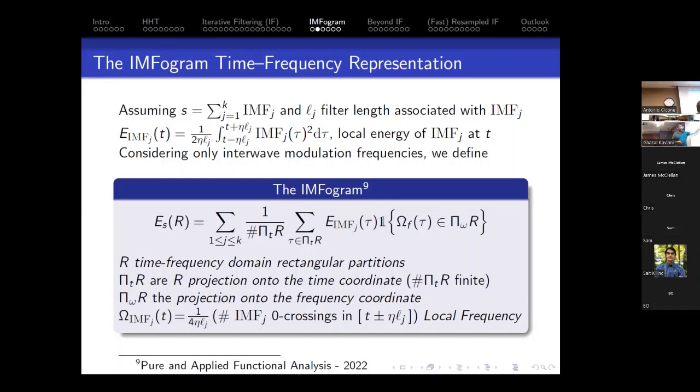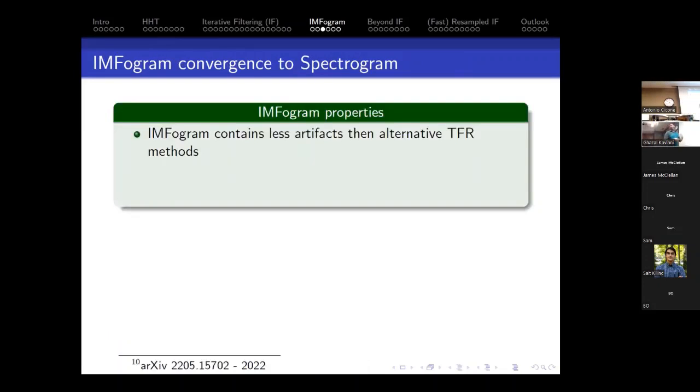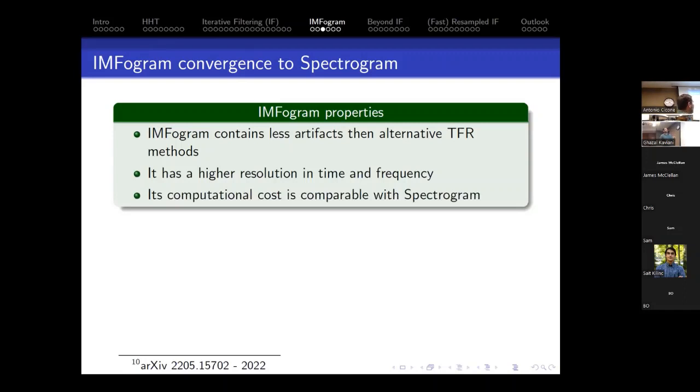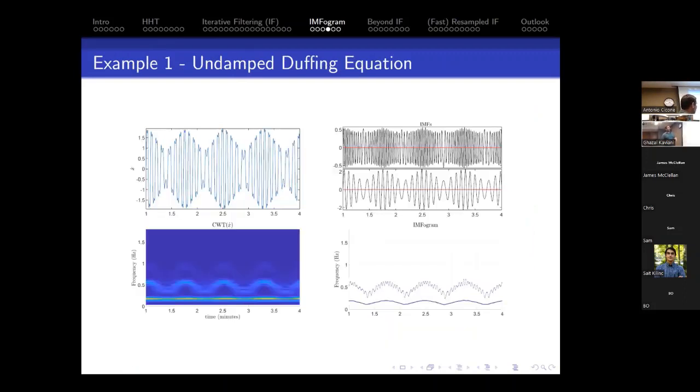So we have this ugly formula that is put there just to scare mathematicians, but the concept is extremely simple. And I usually say to mathematicians, and they say, oh, no, that's too trivial. It cannot work. But the idea is extremely simple. Once you get the IMF, I'm going to go back to that in a moment. Once you get the decomposition,